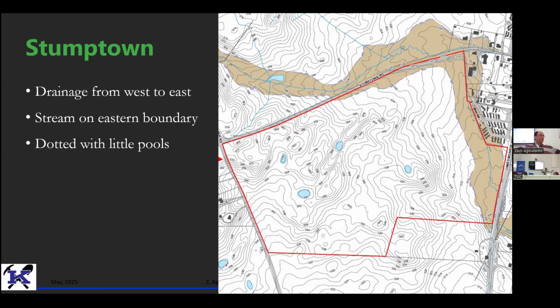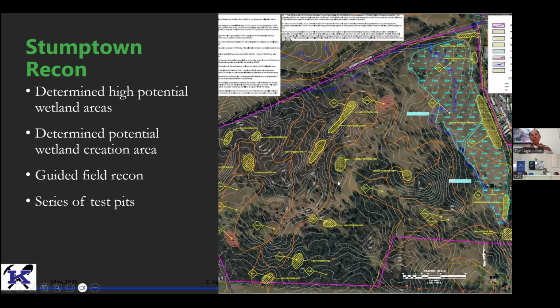the floodplain. So when the stream gets full, it will leave that center line and it will expand to cover the brown area. Okay. So water drains from west to east. Okay. Now, you need boots on the ground to find out the areas that may have potential for wetland